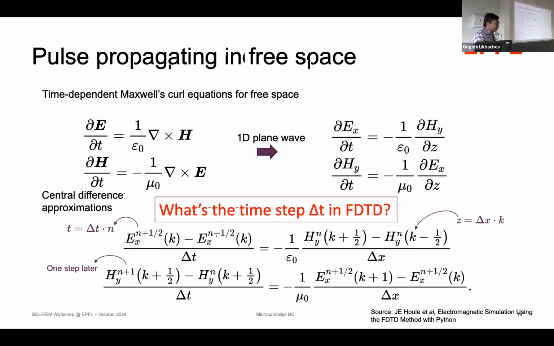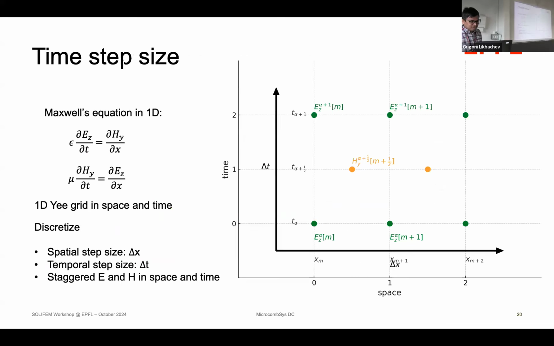So if your wavelength is lambda, you can discretize your grid cells based on lambda by 6 or lambda by 20 or lambda by 30. It is just going to increase the simulation time and complexity of the system. But what would be the correct number? What would be the minimum number that you would require to solve this equation is very important. So if you can just visualize what I just told earlier,